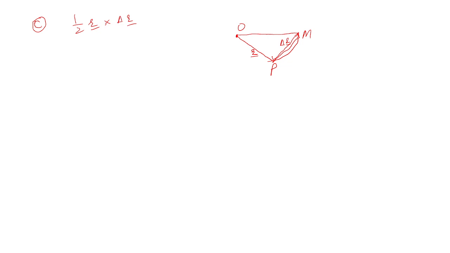R cross delta R is the area of the parallelogram whose parallel sides are R and delta R. So if I complete it,